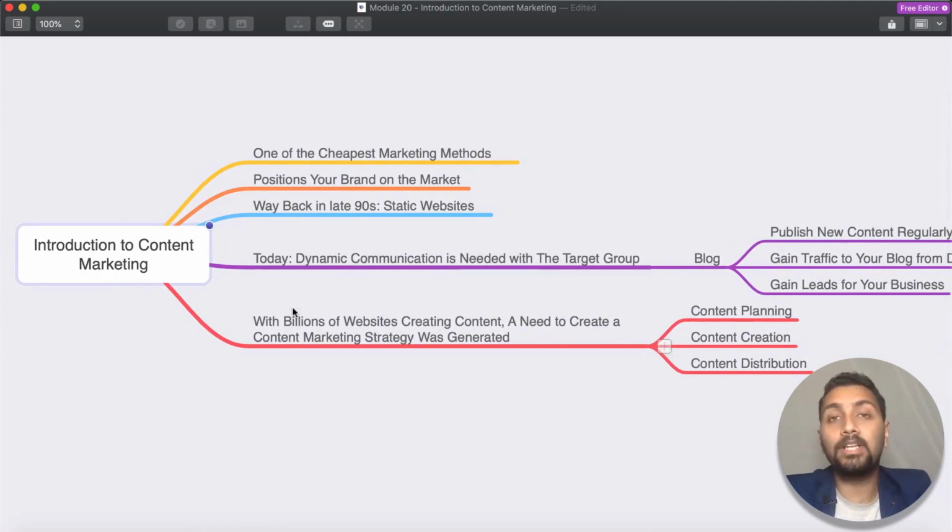In fact, there are some statistics around the world that about 80% of B2B businesses depend on content marketing to generate leads. Because when it comes to gaining trust and building authority, if you have a team of people who are good at what they do and can present it well via the written medium, via creating videos, or via sharing infographics, graphs or numbers in combination, you can also do it inside your blog as well.